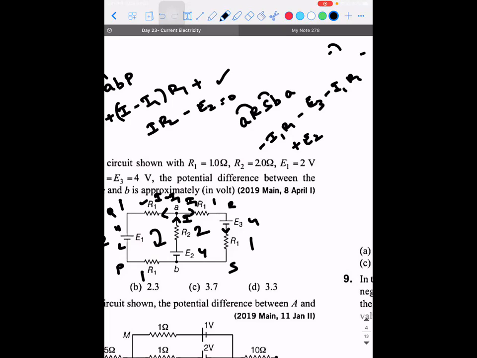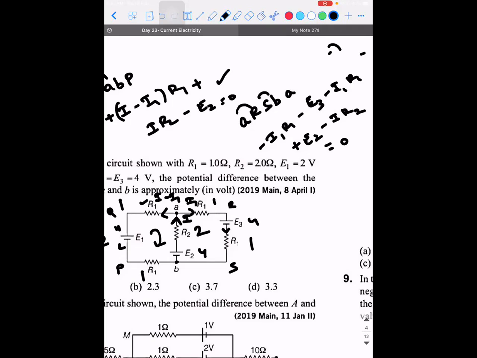A simple logic: not plus, it's minus. If you're walking in the direction of current, minus. If you're walking in the direction opposite to current, plus. B to A, is it going in this direction? You're walking in the direction of current. Look at the arrow mark. But we put plus E2? Why is that, sir? See, battery is different. For a battery, the concept is when you're going from lower to higher. Resistor, okay sorry. Yes sir. Understood? That is a battery. This whole thing will be equal to 0.